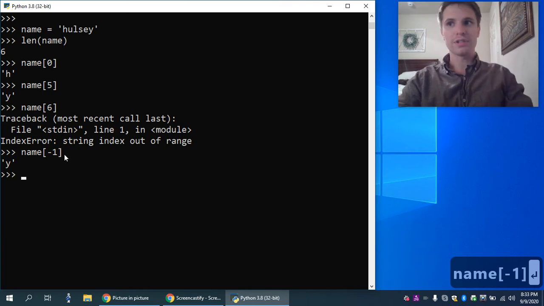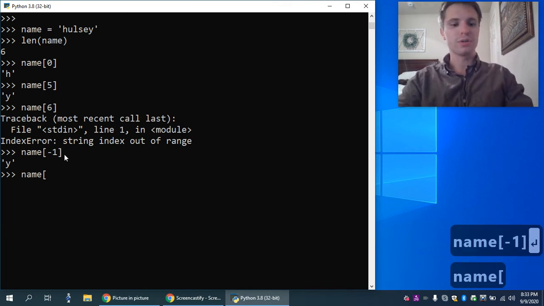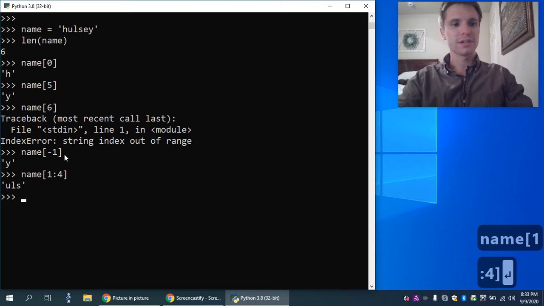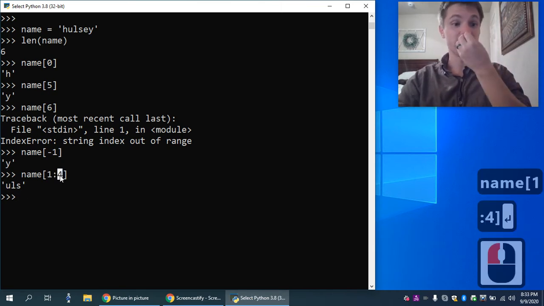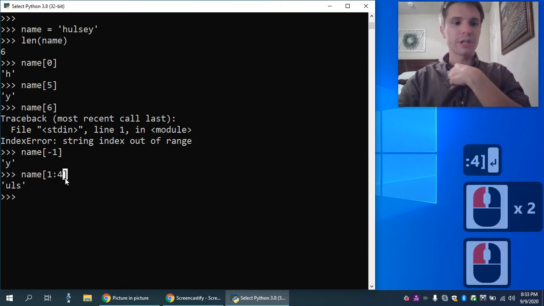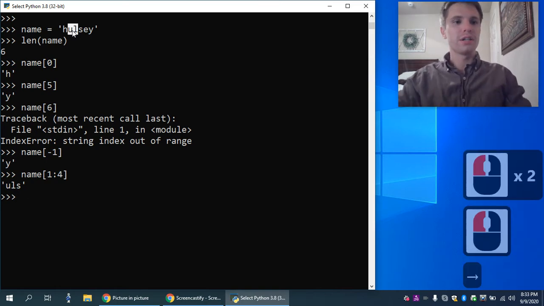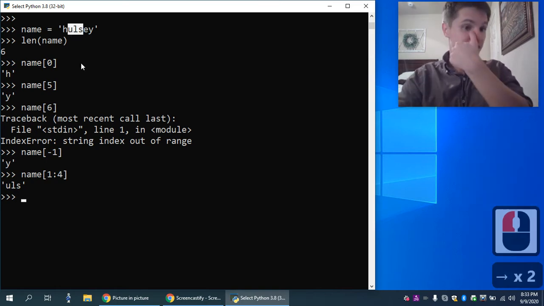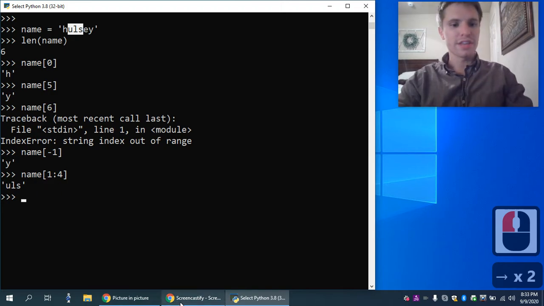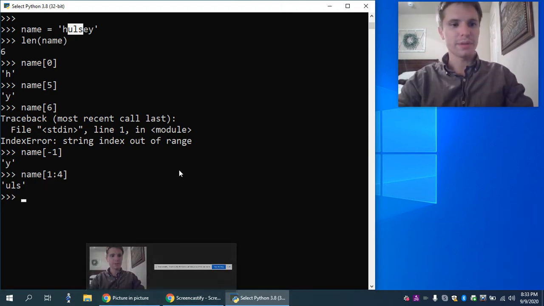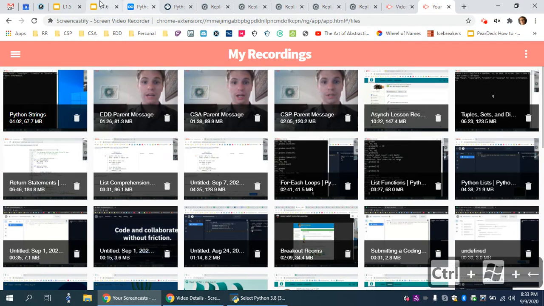And then, like I was saying, with lists, you can also slice. So that takes a whole slice from 1 to 4, including 1, but not including 4. So that is 1 right here, and then 2, 3, but not including 4. There is another way to think about that. And that is